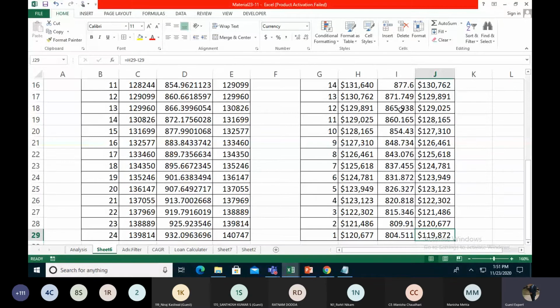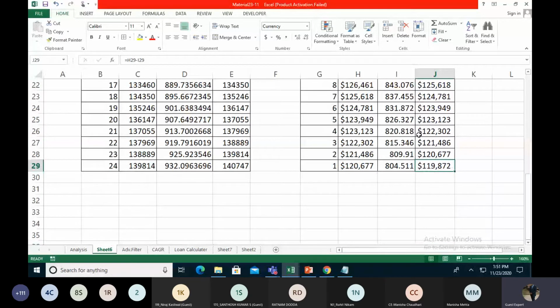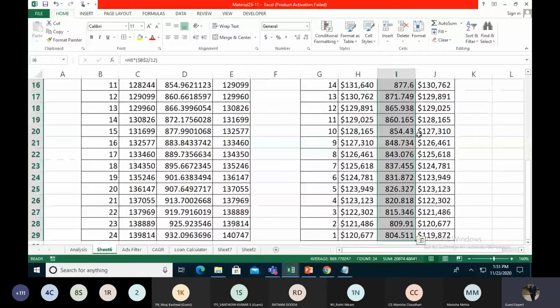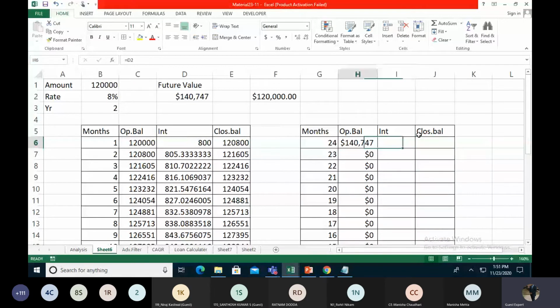The value is going to change. This is 1,19,872, and we need 1,20,000. So this is an assignment: how do we make the changes over here. So we just check this is the end of the period in the last.